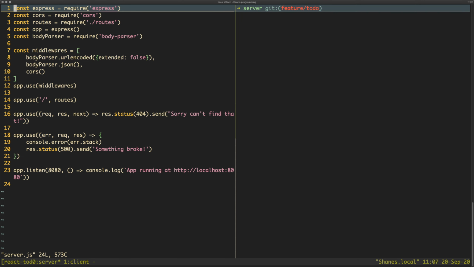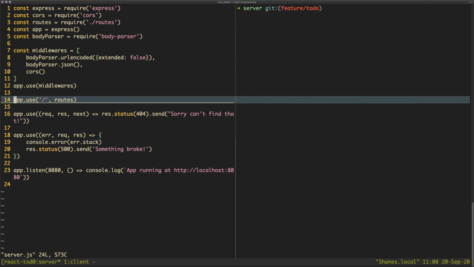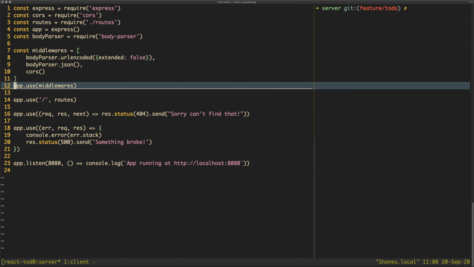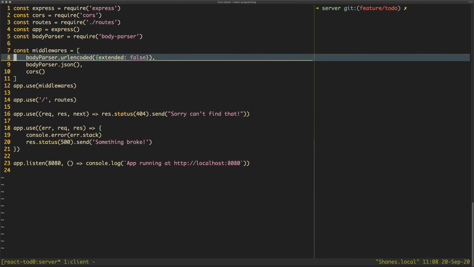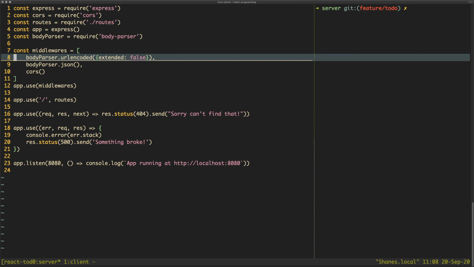So, quick look at the server. Server has got some basic stuff. All it's doing is listening on port 8080, and it is importing a few modules. So I've got body parser. This is really important. Those two things here. If we don't have this, then it won't be able to read the request that we send it, so it won't work. So if you've somehow downloaded it and it doesn't have that,